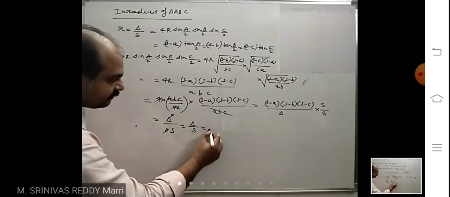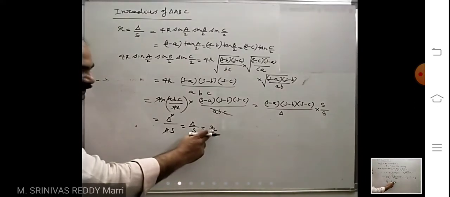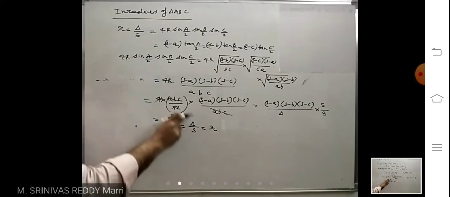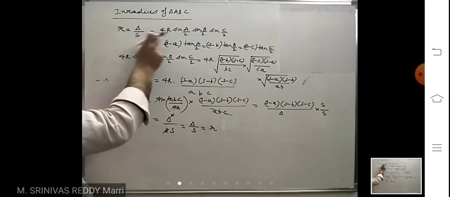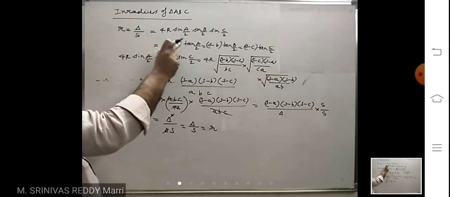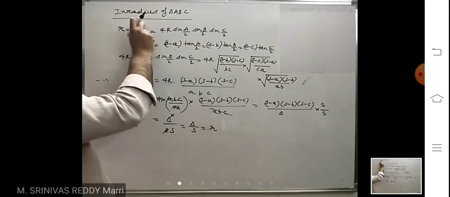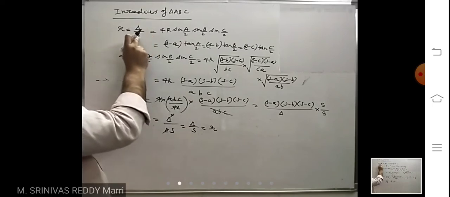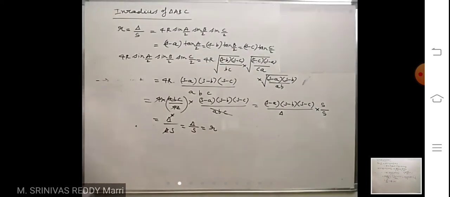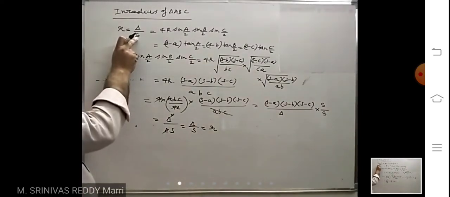So this is nothing but inradius. That means this r is nothing but delta by S. That means this formula you can write, and this is also delta by S you got. That means these both are equal. Like that, you take this one and write tan A by 2 formula. Again you will get delta by S. Like that, 1, 2, 3, 4, 5 formulas are there for calculating inradius. Right? This is the basic formula, delta by S.